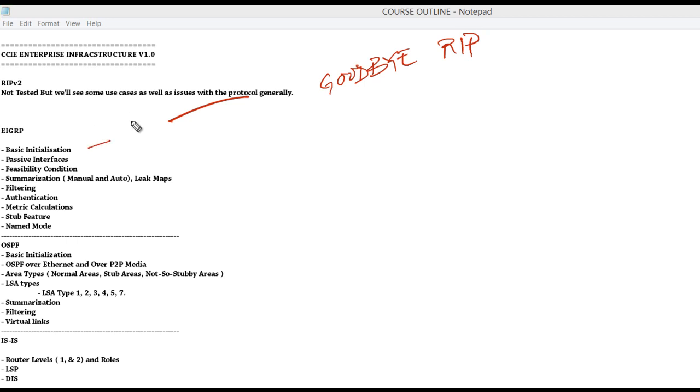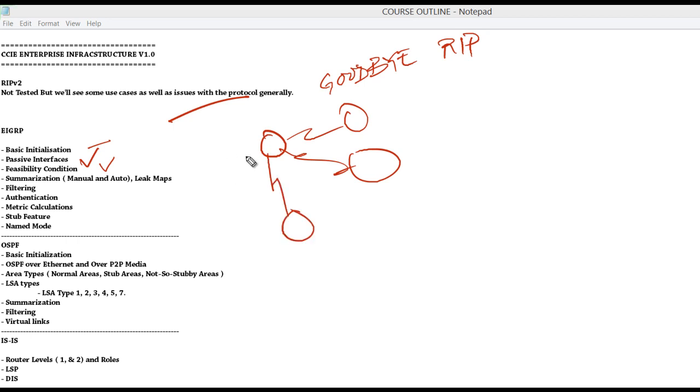We'll talk about basic initialization of EIGRP. We'll also talk about passive interfaces and the EIGRP feasibility condition. What is the EIGRP feasibility condition? It is basically the way EIGRP will know whether it will install a secondary route. Let's say this router knows about network X. Let's call it router 5 has advertised to router 1 about network X,